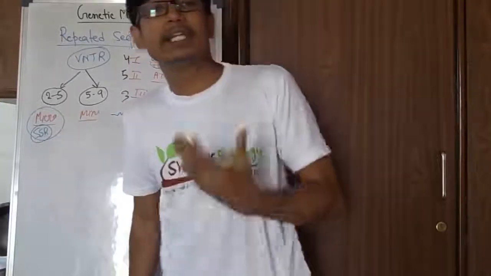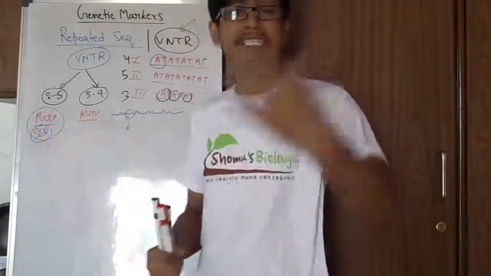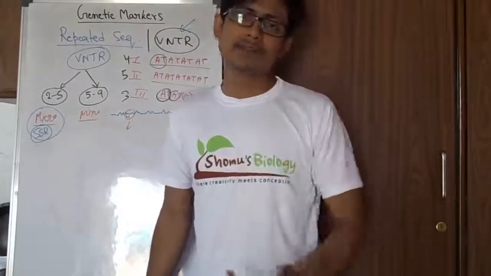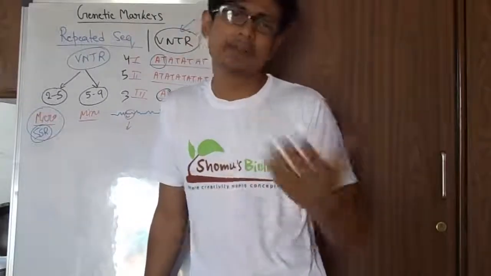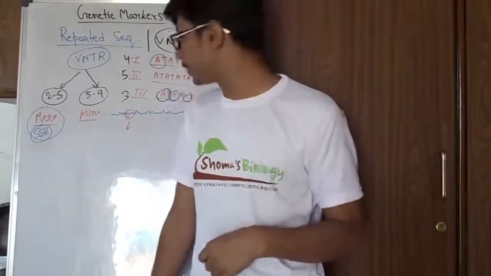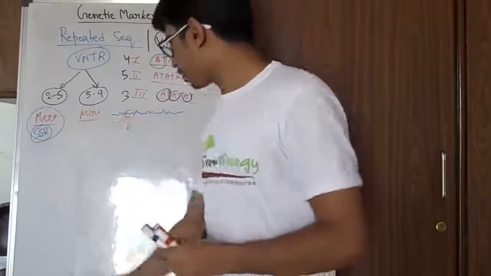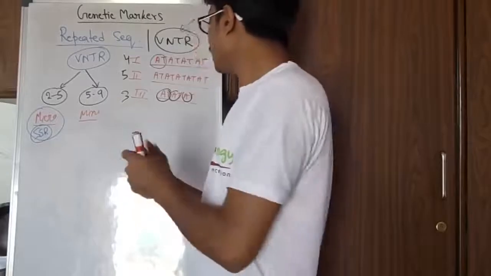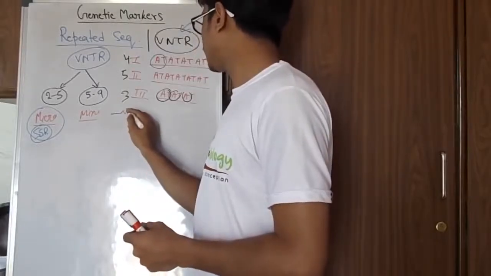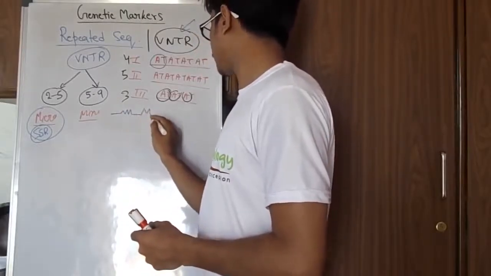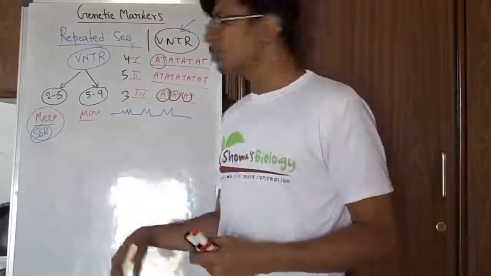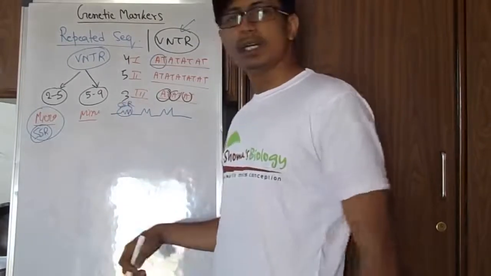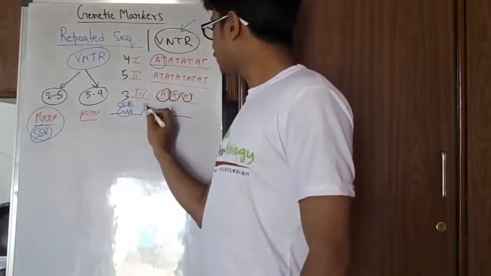Now why are these VNTR sequences important? An example of a microsatellite is the SSR, simple sequence repeat. See, AT repeats, multiple repeats present, a simple sequence repeat can be present. Now let's say in this drawing, actually let me erase that and draw it again. Let's say this is the normal DNA and these are the repeated elements, normal, repeated elements. So this is a repeated element, a simple sequence repeat, right? And this is another simple sequence repeat.